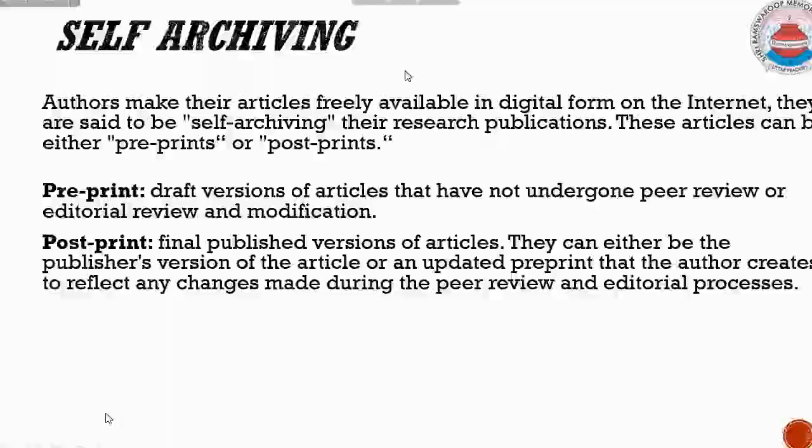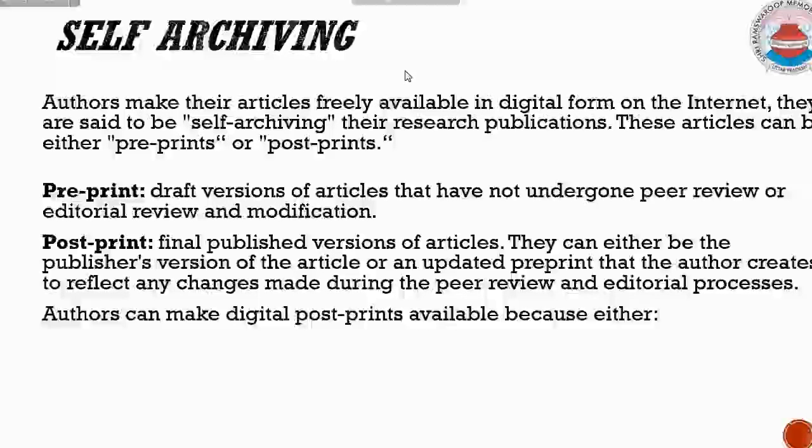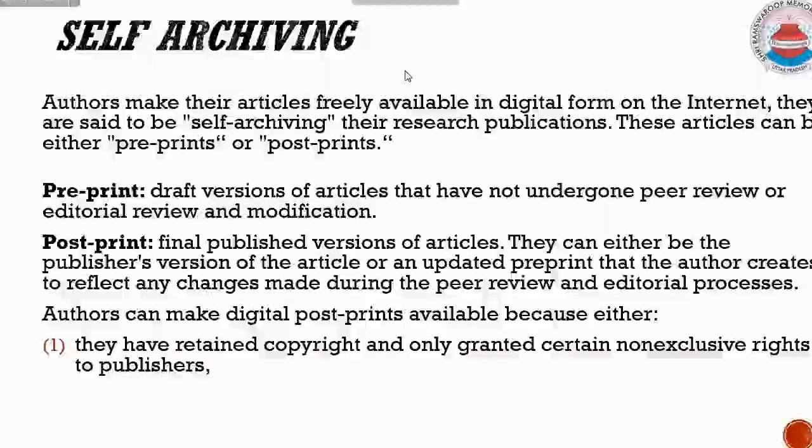Preprint means it's totally your control, your things. But postprint means now peer review has been facilitated by the journal and everything. So now they also have some say in it. They have some right in it. So in the case of preprint, you have full authority. You can do anything. But in the case of postprint, if you want to do self-archiving, now